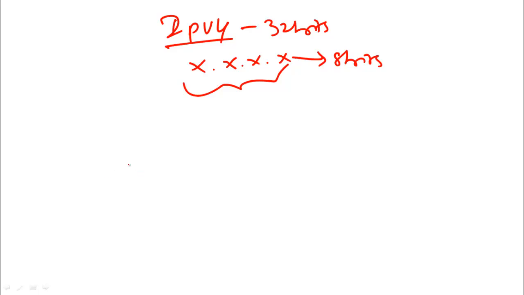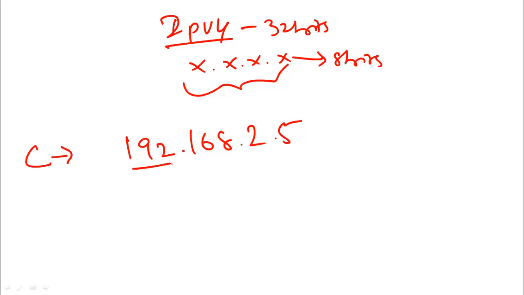Suppose, for example, hereafter I'll be using only private IP addresses, because you know what a private IP address is, right? So here I'll be using only private IP addresses as an example: 192.168.2.5. Let us take this example. This is an IP address. From this, what did you understand? It is a class C IP address, because the first octet value is 192, and this value belongs to a class C network. That was the first clue.